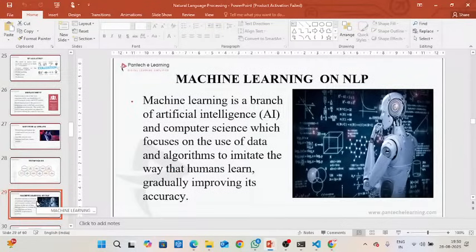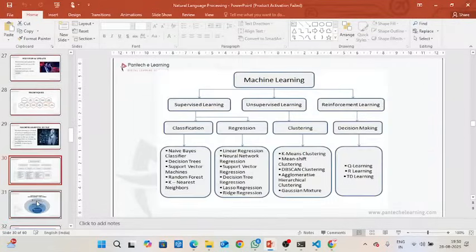Machine learning is a subset of AI that we already saw, and by using data and algorithms, we try to predict the future or mimic a human. These are all the types of machine learning, or algorithm types. The first one is supervised. Supervised is nothing but labeled data. If I have labels, like apple and banana with their names, and I want to separate the data, I can use supervised learning. In supervised learning, the dataset has both x values and y values. We have the known value and the target value, so we can use supervised learning.